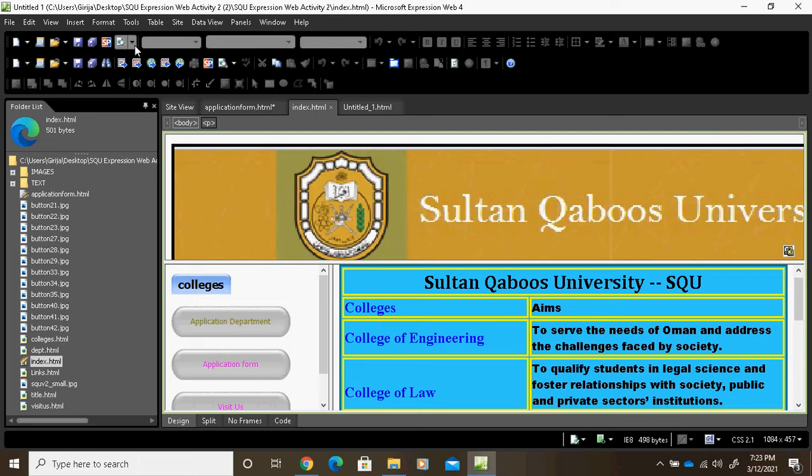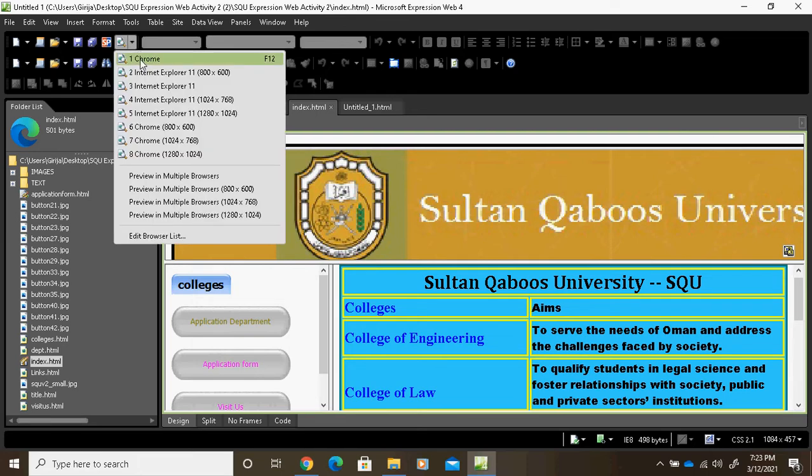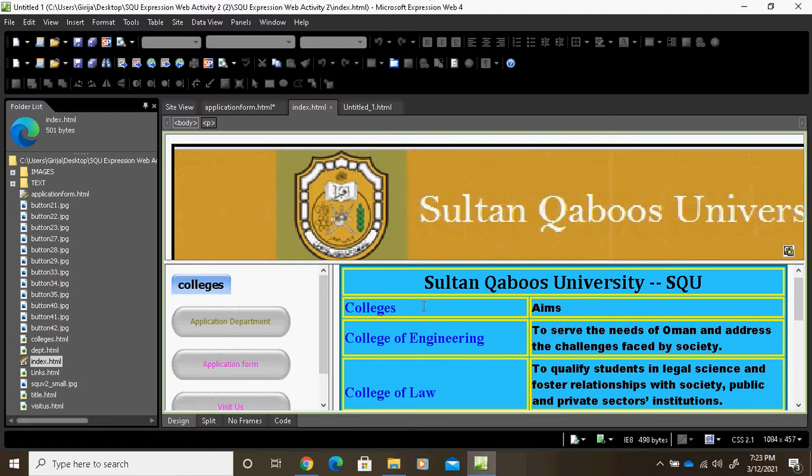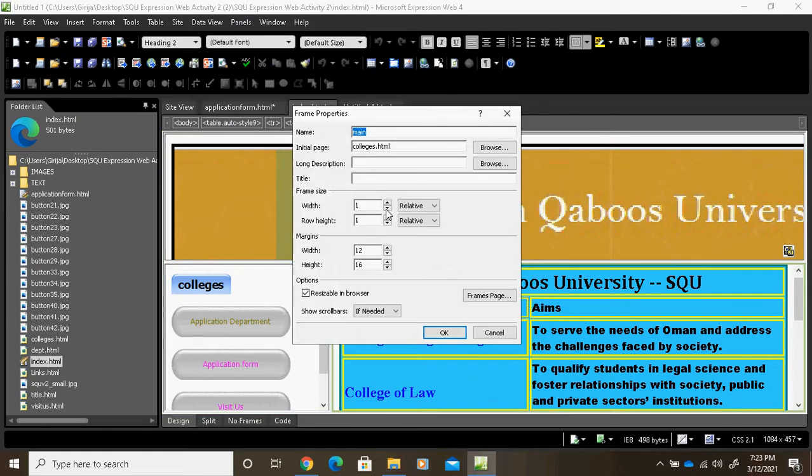For example, suppose I am running the file, I am executing this particular frame page. You can find what the target frame is. Second question, what is the target frame? Suppose I click this button. See here, I click this button. Where is it appearing? Whenever I click here, it is appearing in another frame. So it is appearing in the main frame. This is my left frame, and this is my main frame. So whatever I click, suppose they ask, whenever you click the button, where is the page appearing? The page is appearing in the main frame. This is one method we can understand the frame.